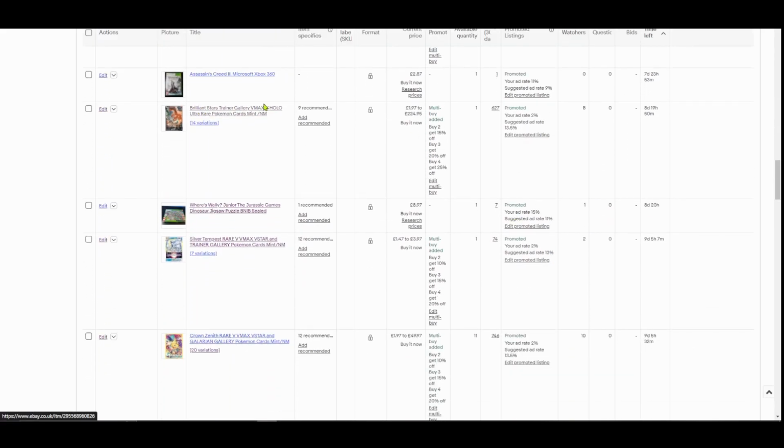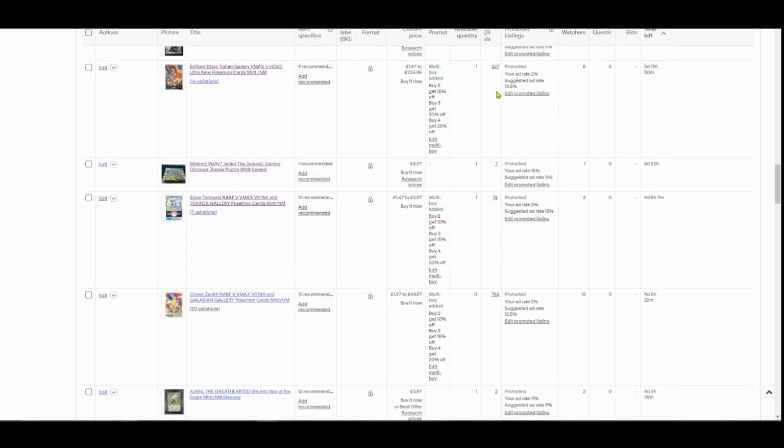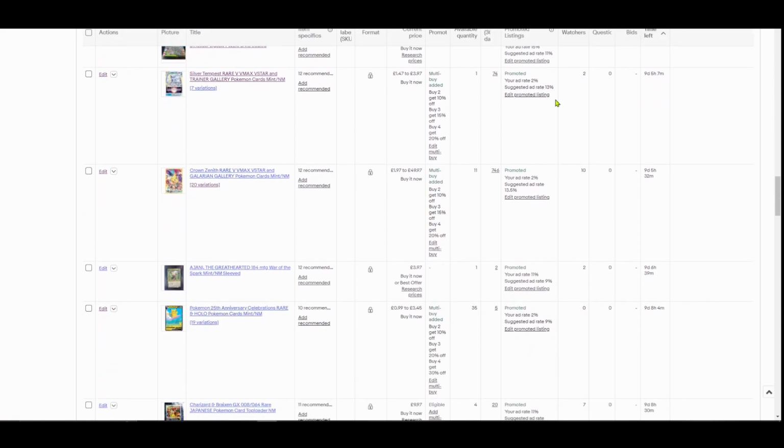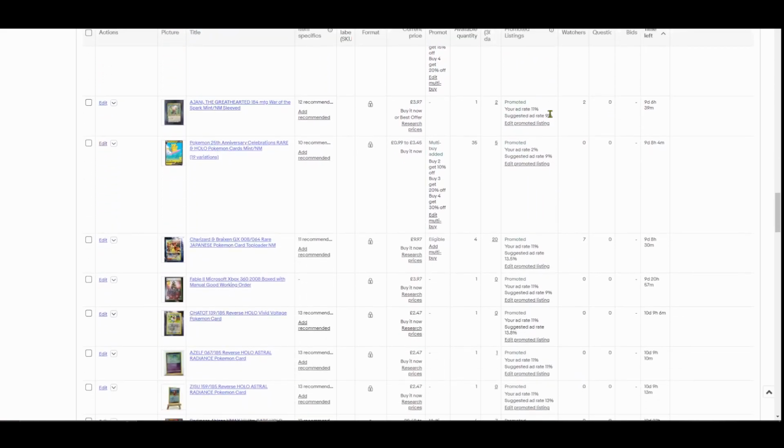Okay, so this one, I've got adverts on it, but it's only at 2%. It's at 600 views, and it's probably less than 2 months old. Whereas some of the individual cards, like this individual card, that's quite a powerful card, 2 views in, and that's been up 3-4 months. It's got some watches, but